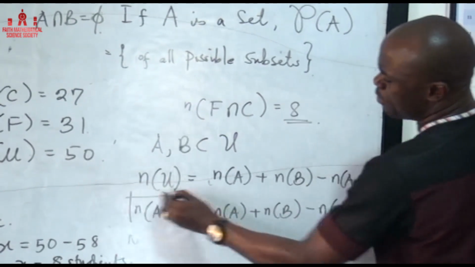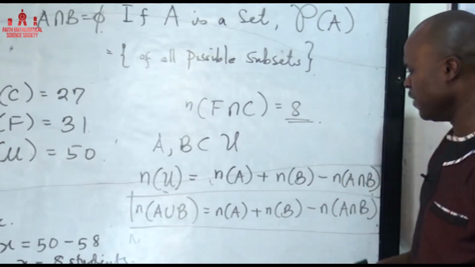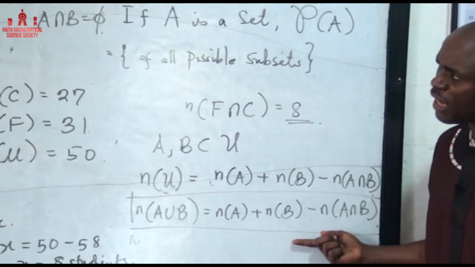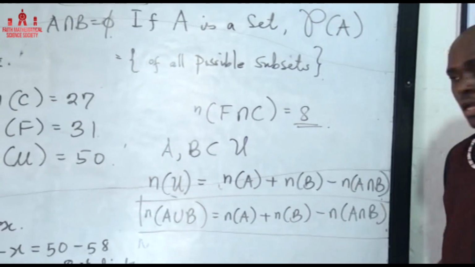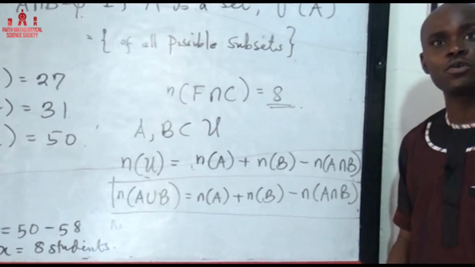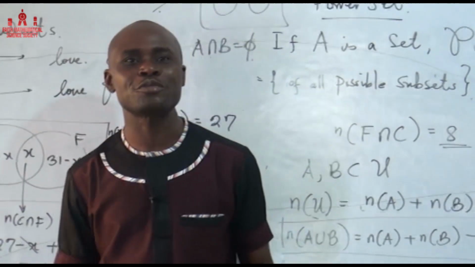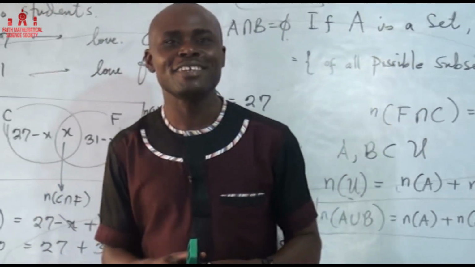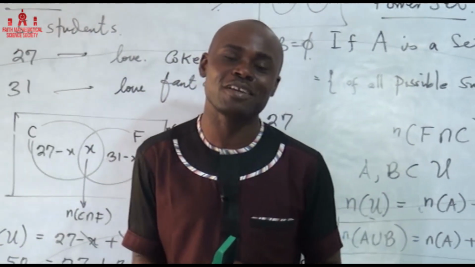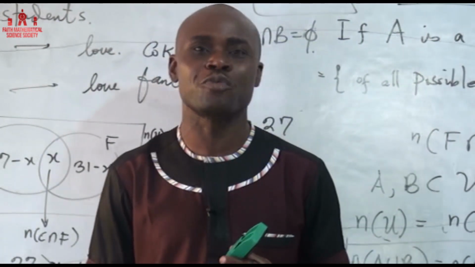So this formula can be used in the case where we have non-mutually exclusive events. This formula can be used to solve this same question. Just replace 50 here and replace those two other numbers here, and you see that you're going to solve the same problem. So I'm trying to summarize the whole concept of elementary set theory, or basic set theory. You can check your textbook to read further.